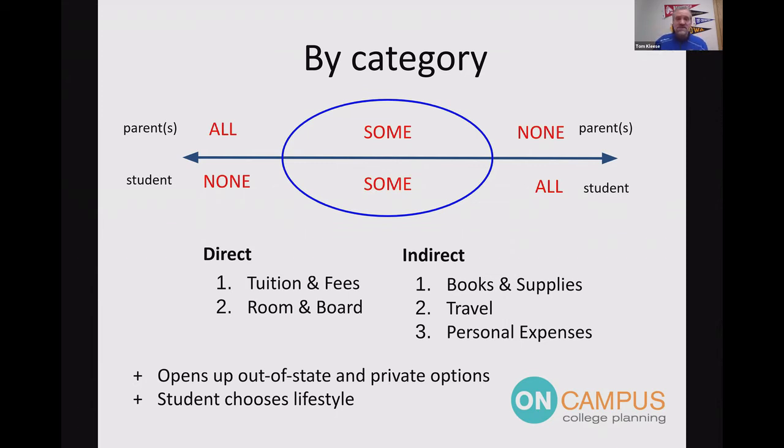There's nothing wrong with the in-state public universities, but in both of our kids' cases, there was, and for one of them, there weren't really any colleges in state that offered his major. And the other, there was only one, and it wasn't going to be a good fit for him. And so I knew we were going to be looking out of state, and that's fine. We have chosen to save for that. We've chosen to pay for that out of pocket. And I'm really happy that we have made these decisions, and they get to choose their lifestyle.